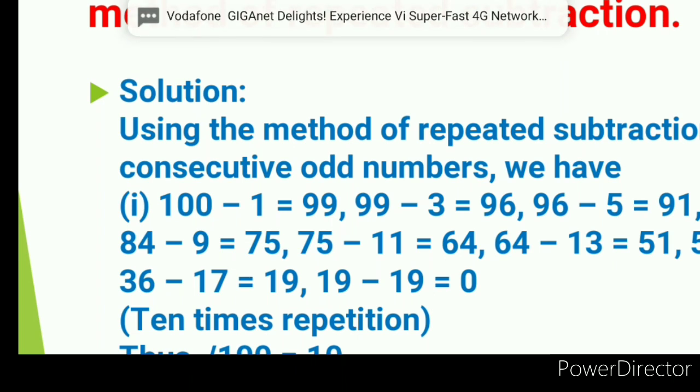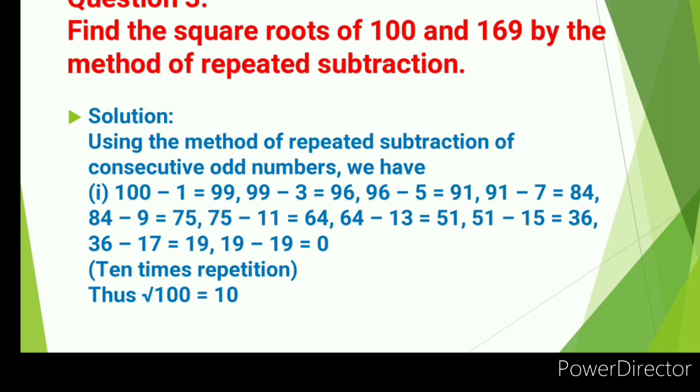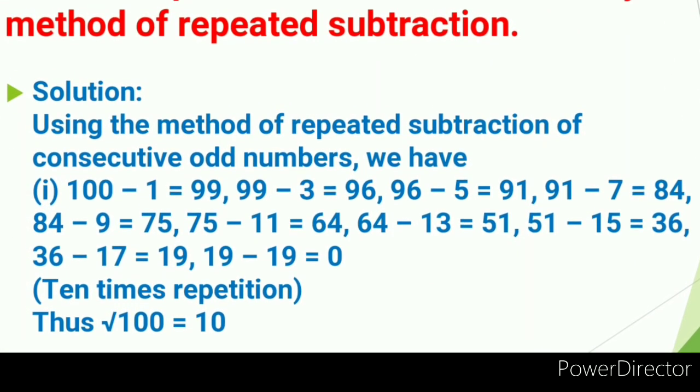So 1, 3, 5, 7, 9, 11, 13, 15, 17, etc. You should know perfectly which are odd numbers. Some of you are confused between odd numbers, even numbers and prime numbers. So first be perfect with odd numbers. Don't miss any. If you miss one odd number, the whole answer goes wrong. Like this, we subtract odd numbers till the difference is 0. Here, if you subtract 19 you will get the difference 0. So you should repeat till this.